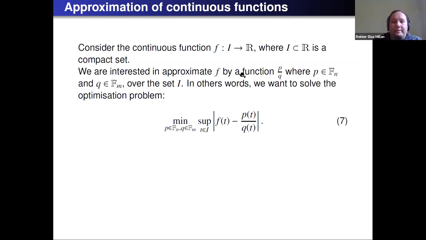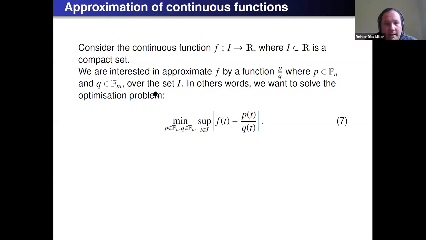Okay, then we are interested in approximating f by rational functions. Look, at this point, we are not asking that these rational functions be polynomials. They can be any kind of approximation, and this is a very good point because we can approximate f with the function that we want. It can be good if you have an idea of what f is, in case you don't know exactly what f is, and so on.